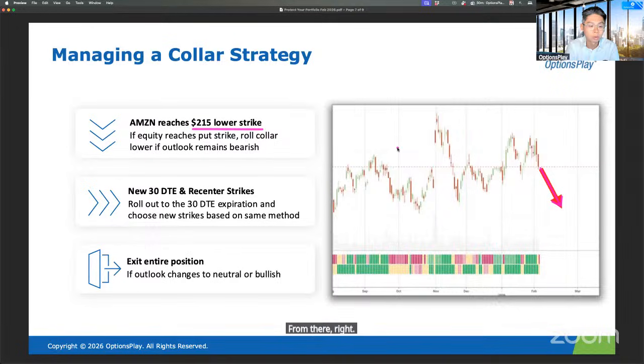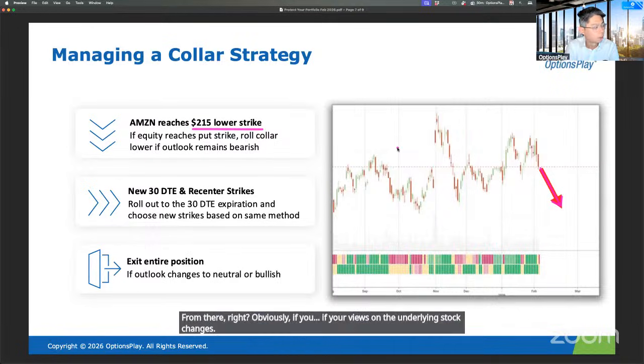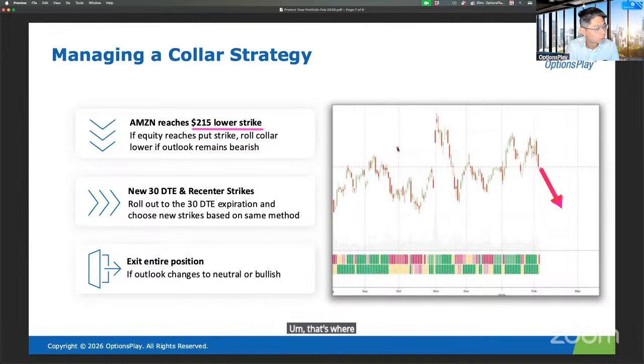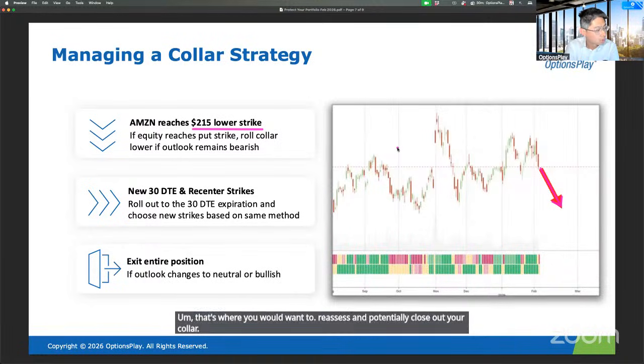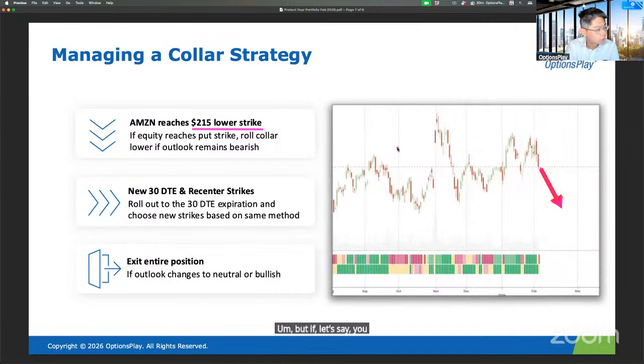Obviously, if your views on the underlying stock change, that's where you would want to reassess and potentially close out your collar. But if, let's say, you still have a bearish view on the stock and the stock reaches that lower strike price,